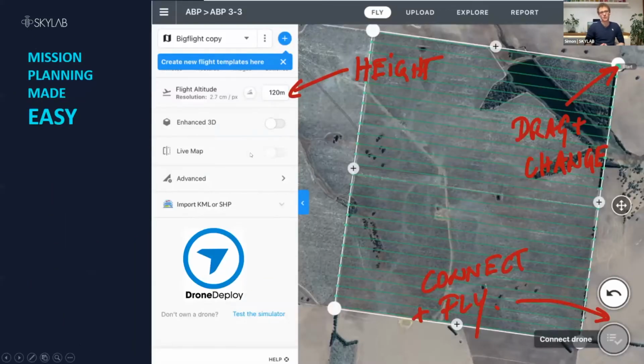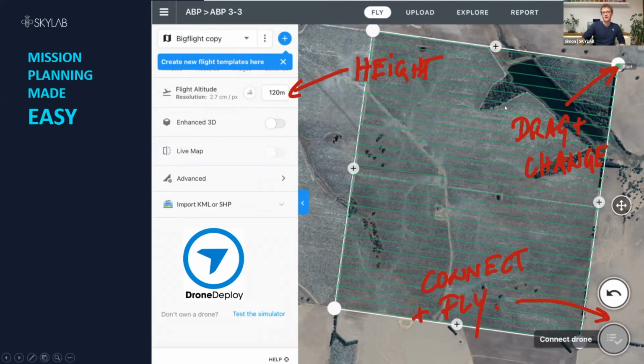Speaking of flight planning, we always recommend using flight mission planning apps, for example, Drone Deploy or Pix4D Capture. Even DJI has a ground station app where you can do flight planning, and it's really easy. It's really handy to fly, for example, with a Mavic 2 Pro. You just have to get into your mission plan, drag your area, or even load in a shapefile. Then you just press the button, fly, and the drone will automatically take off, return as soon as the battery is empty, you change the battery and it continues with the flight plan.